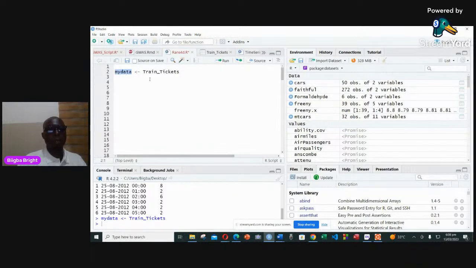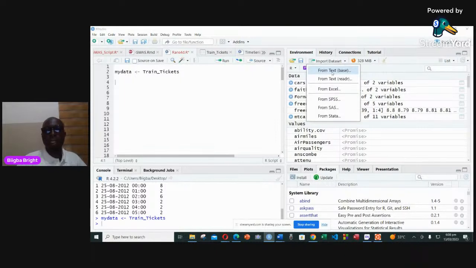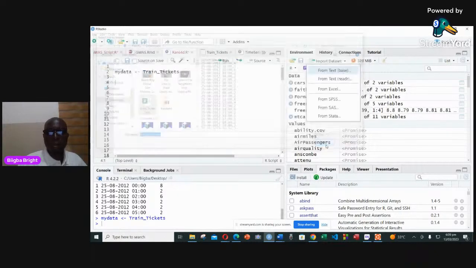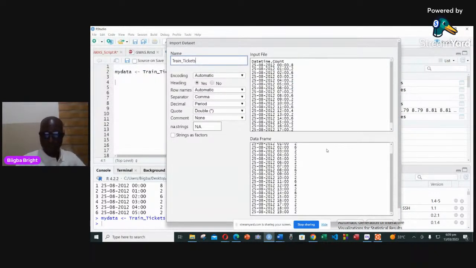That's quite simple. Now, I have shown you how to use the environment to import the data. Another way of importing data that helps you a lot is by using code. Now, when I said I was going to import the train data which was here, if I had done this, you will notice if I pull this up,